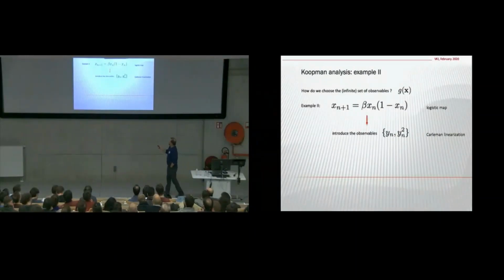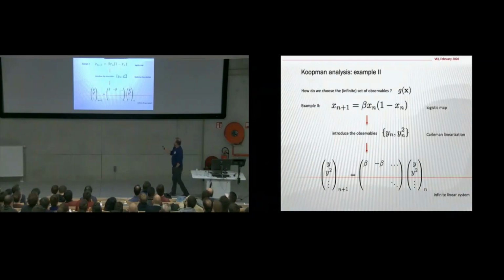That one is discrete in time now. That's the logistic map. Okay, almost the same one, beta xn, and then an xn squared. And let's be inspired by the previous one, where we looked at the equations, figured out that there is an x squared, or an x1 squared in our case, and use that one as an observable. Okay, so if you do the same trick here, yn is just the xn, and then we see an xn squared, so we introduce that one as our observable. If we do exactly the same thing,